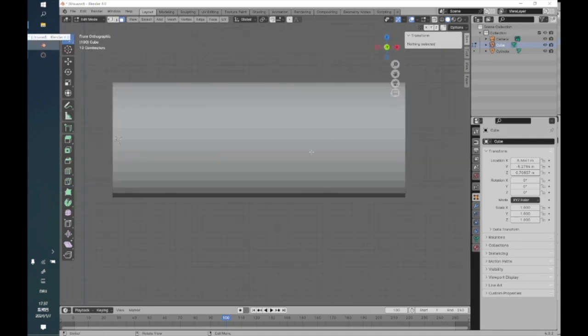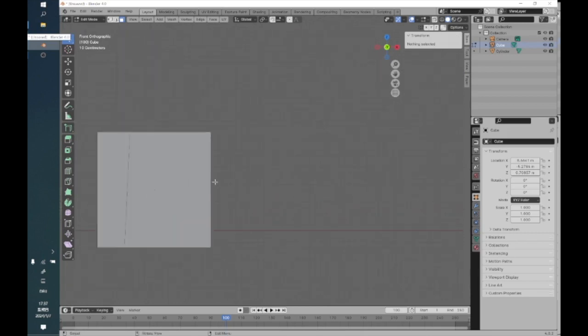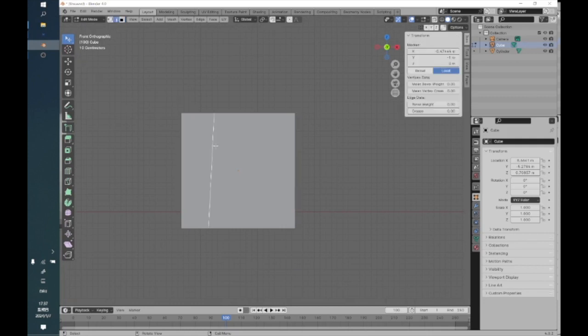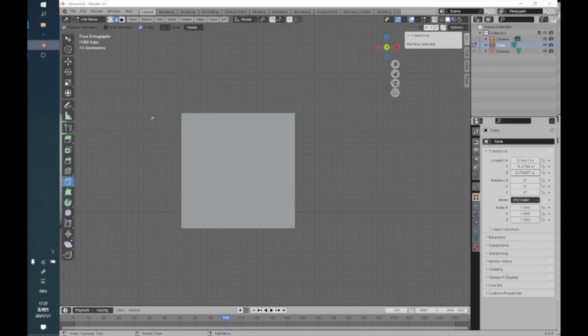So in the orthographic view, wait. Where's my cube? So in the orthographic view, maybe I'll get rid of this edge once again. And so I want to cut 45 degrees. If I cut from a vertex to a vertex, that's very easy. So here I click on the vertex. See, green because it's a vertex. So here green because of vertex. I can connect between two vertices, just hit enter. This is very easy. But now if I want to cut a line here in 45 degrees, this is